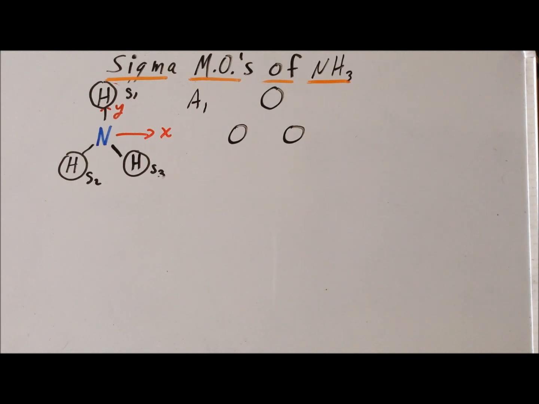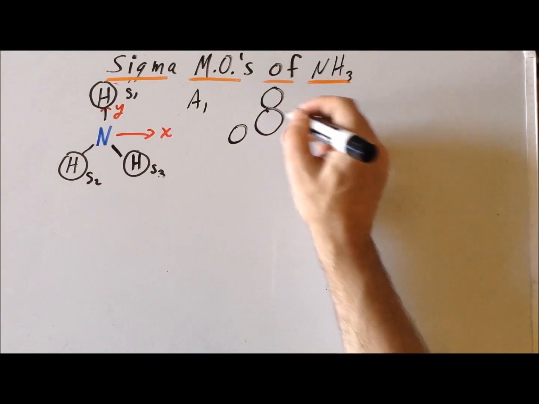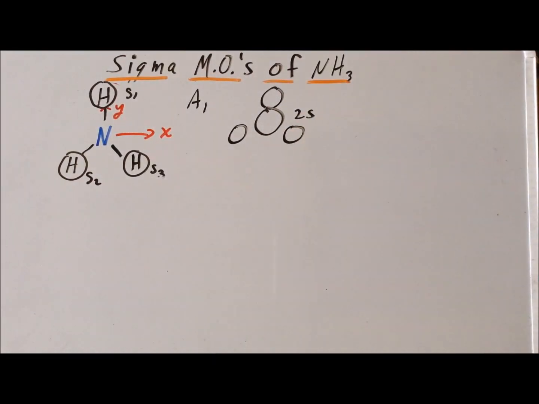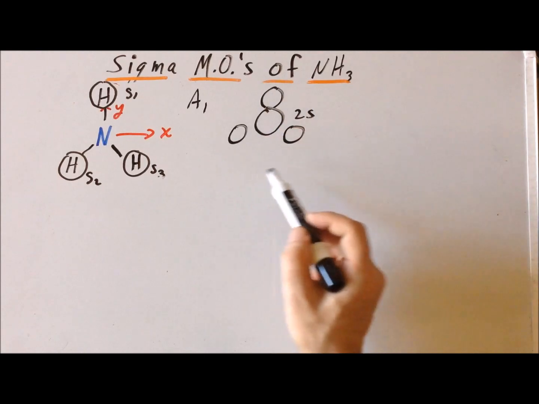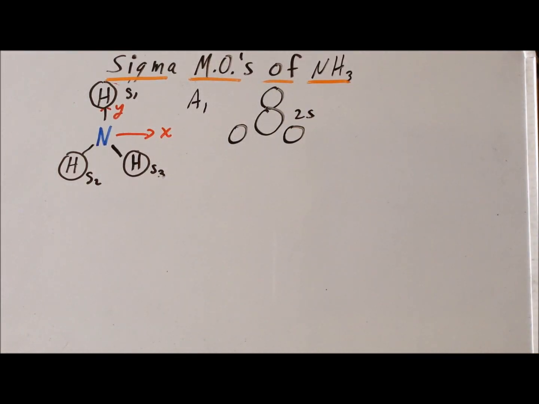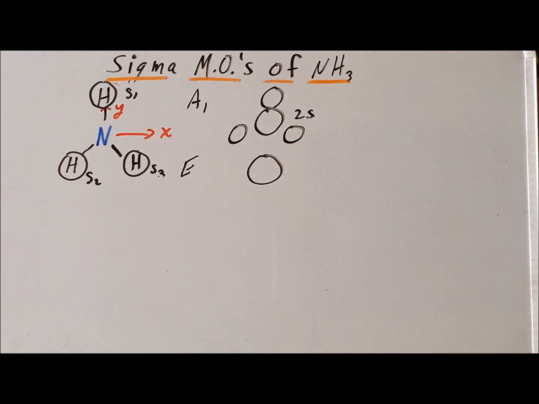So now we need to determine which atomic orbitals on nitrogen have the proper symmetry to combine with the hydrogen group orbitals. And we notice that the 2s orbital on nitrogen has exactly the right symmetry. So we can make the A1 molecular orbital combination by combining the S1 plus S2 plus S3 of the hydrogen atoms with the 2s orbital of nitrogen. For E, we have two combinations. Our first combination is 2S1. So since it's positive, we'll draw that as a